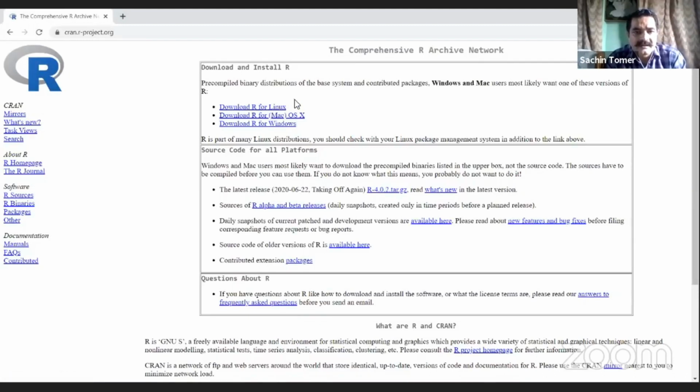If you are running Mac OS, you can download it from the second option. And if you are running Windows, it can be downloaded from the third option. So click on the third option.